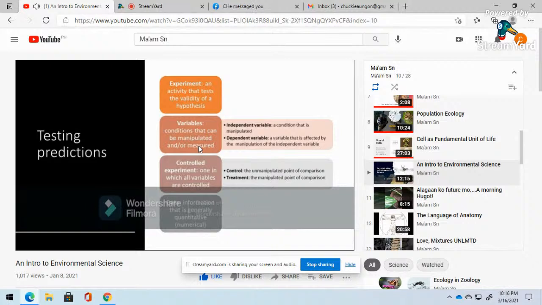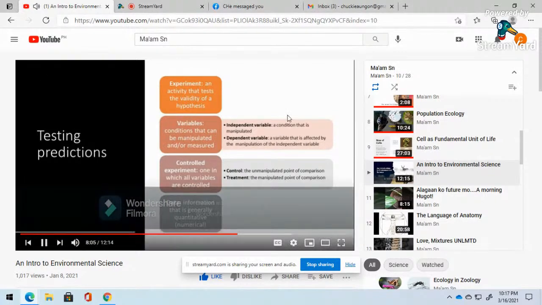We have the term controlled experiment. A controlled experiment is one in which all variables are controlled or constant. So this is what we call the unmanipulated point of comparison, while the treatment is the manipulated point of comparison. Now, these experiments may lead